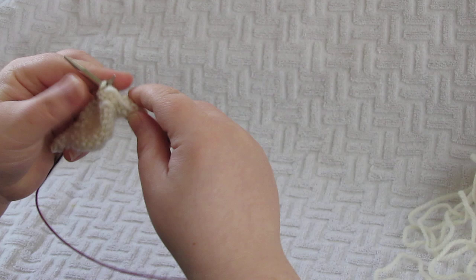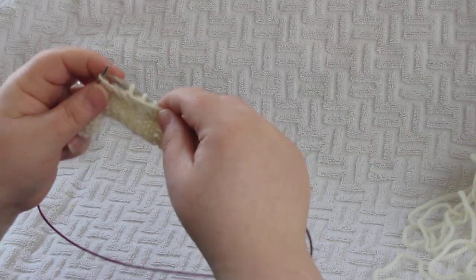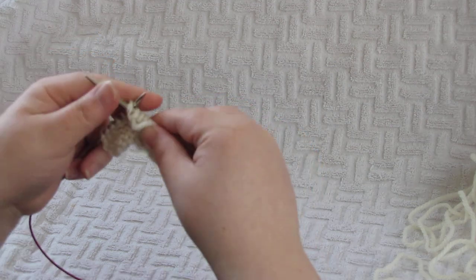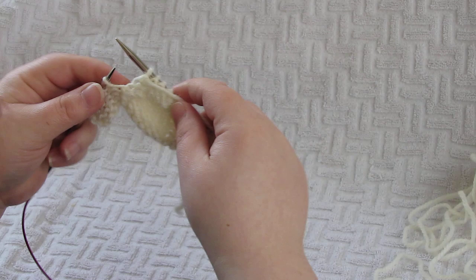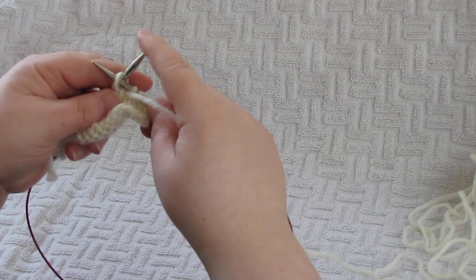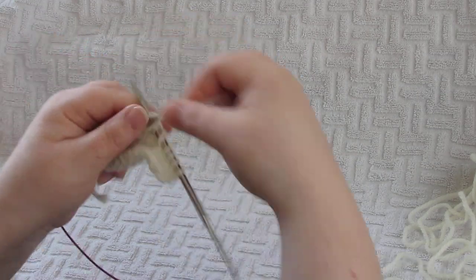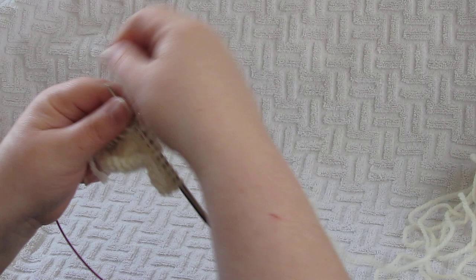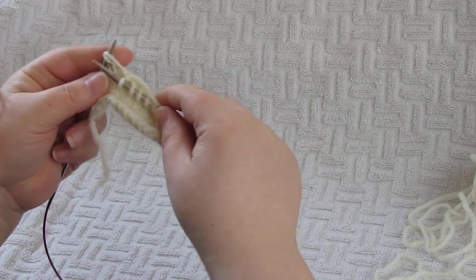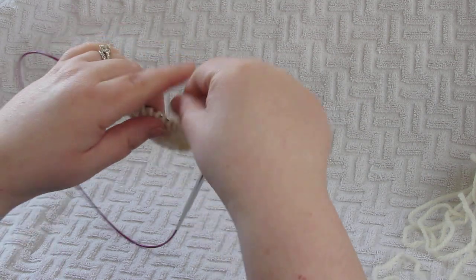Now you're going to want to purl to the 5th stitch before the end. And what happens is there's this double stitch before you can get to the 5th stitch. You just purl the double stitch the way you did before when you were picking it up, and you purl this 5th stitch, turn, slip purlwise, bring the yarn over. And again, we will knit to the 5th stitch, and on the way we'll just pick up this double stitch here, knit this 5th stitch, then turn,